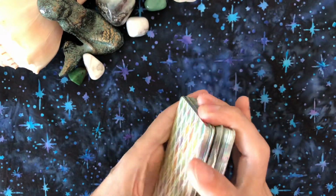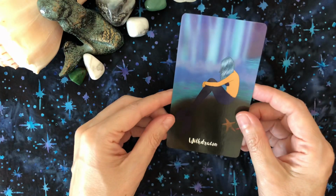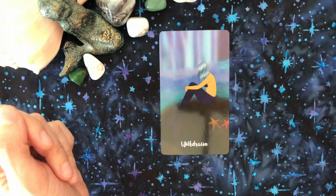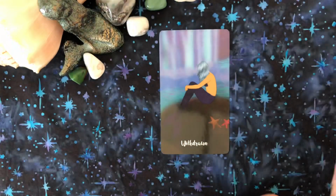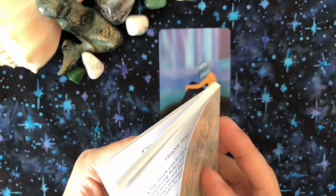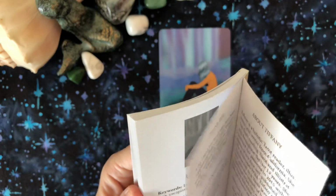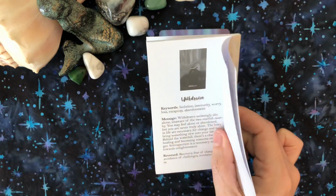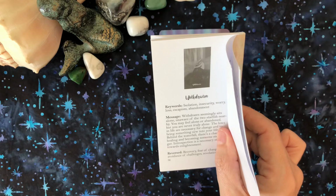So let's just take this little card right here, and oh, we got the Withdrawn card. Oh my gosh. All right, let's see. Keywords are isolation, insecurity, worry, loss, escapism, and abandonment. So the message is: